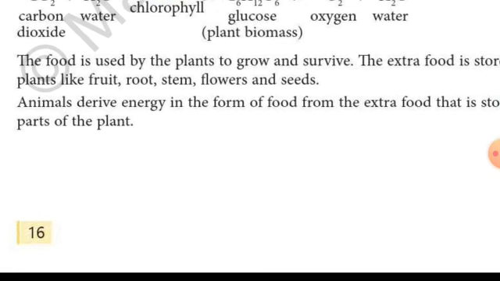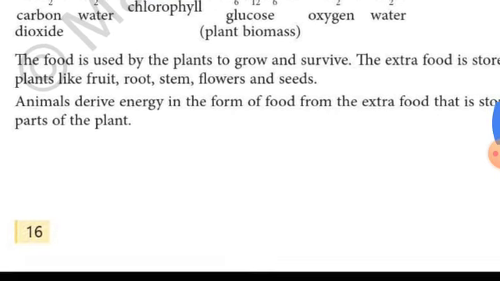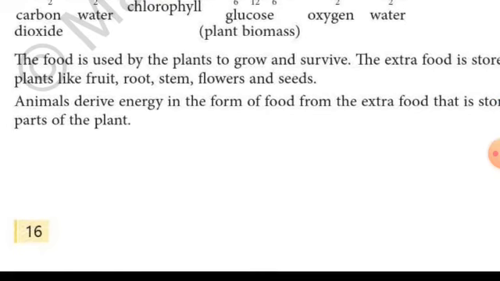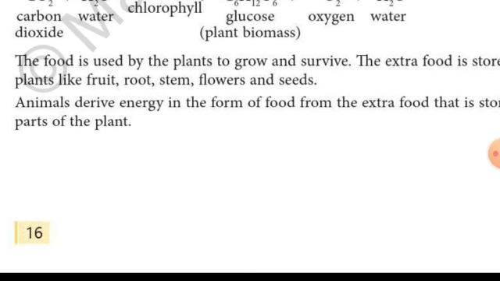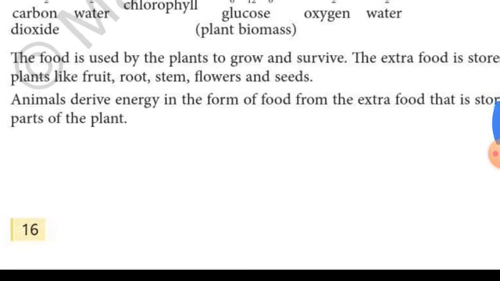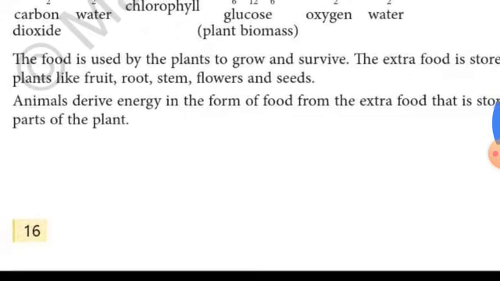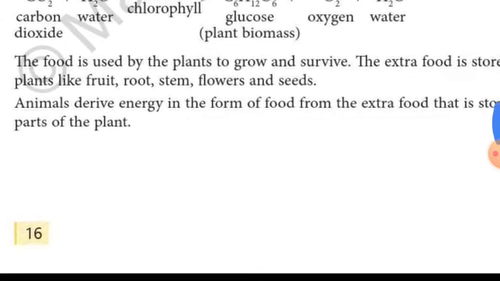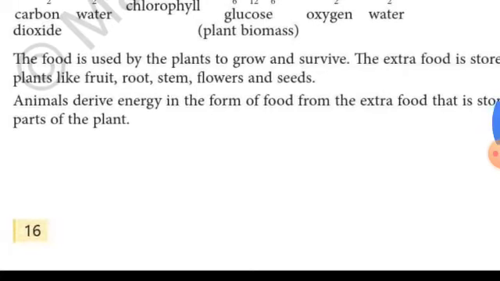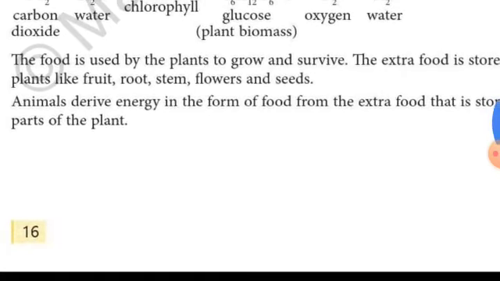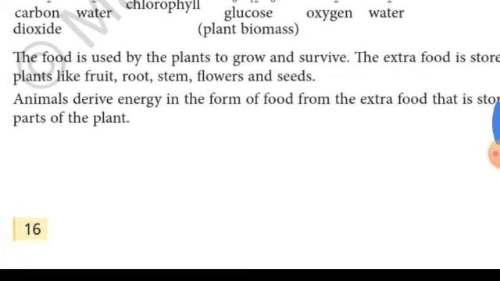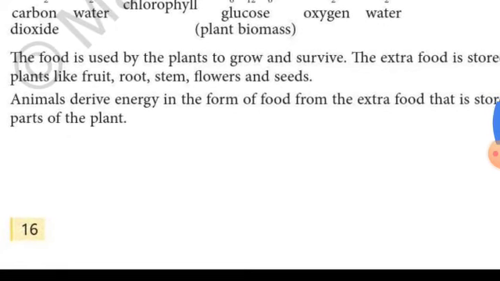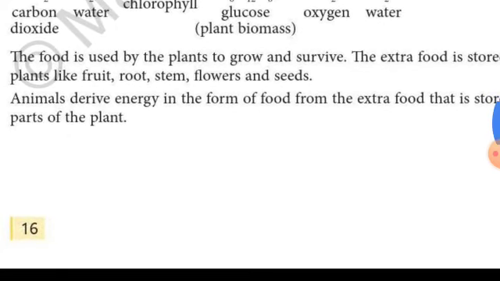So, plants make starch as food. Have you eaten potato and carrot? These contain a lot of starch. So the plant makes starch as food, which we eat in the form of potato and carrots. Number two, plants make oil as food. Plants also store food in the form of oil, like mustard oil, sunflower oil, and sesame oil. All these oils are stored in seeds, and we use this oil in cooking.